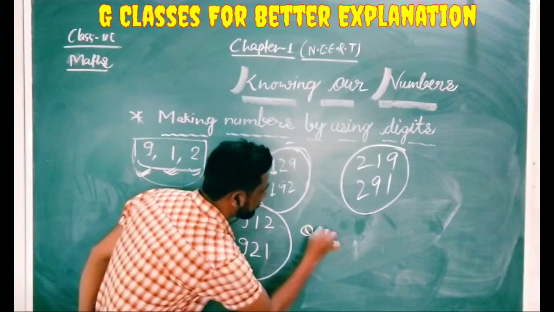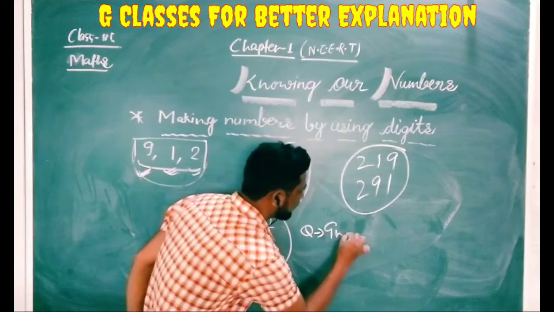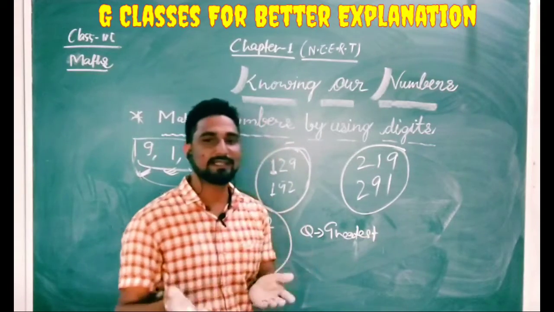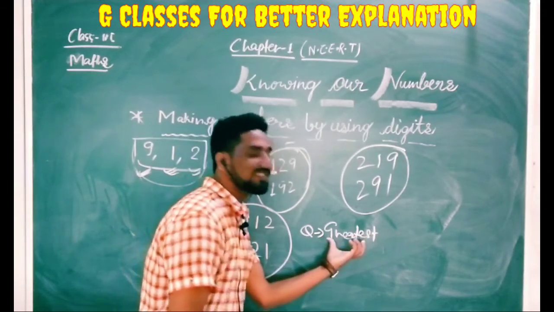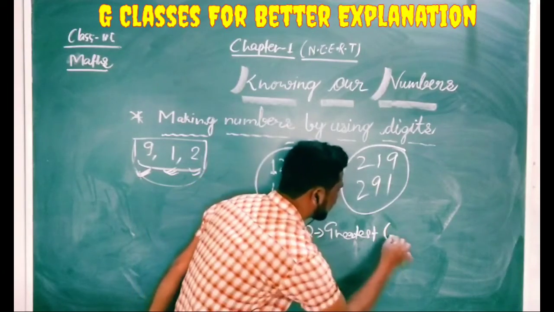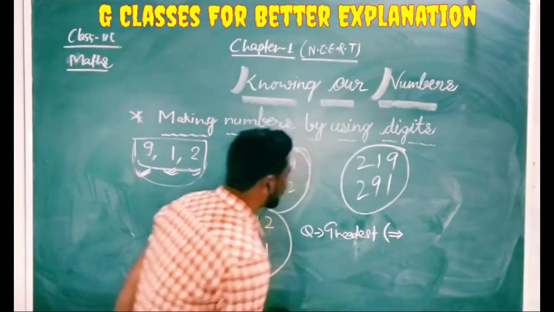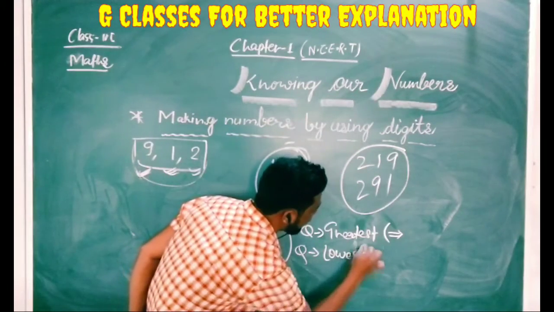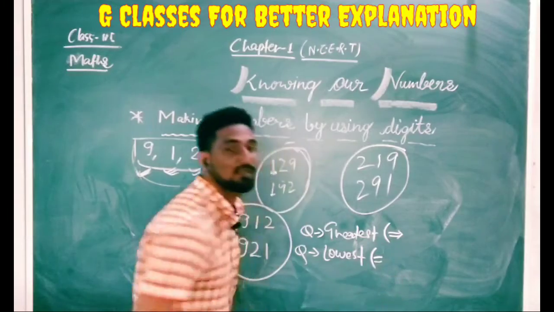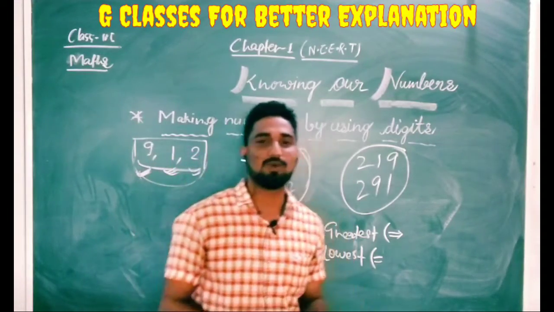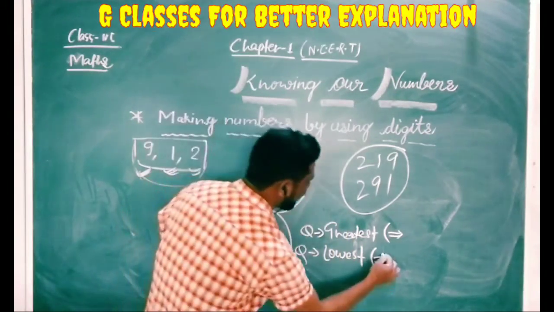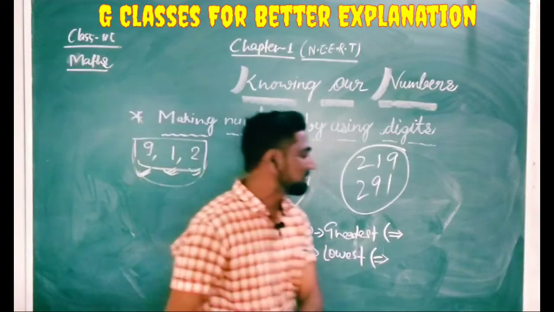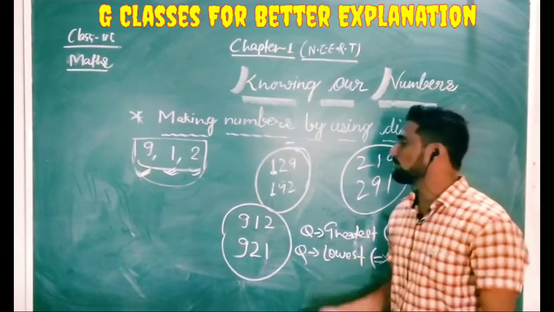So the first question will be: I have to make the greatest number. Greatest can also be said as largest or biggest, it does not matter at all. So greatest is asked, you can write that. Then another question will be asked, to write the lowest number, and lowest can also be asked as least number or smallest number. So how to make the lowest number and how to make the greatest number, you must be watching. I have just written it, now just see what to do.